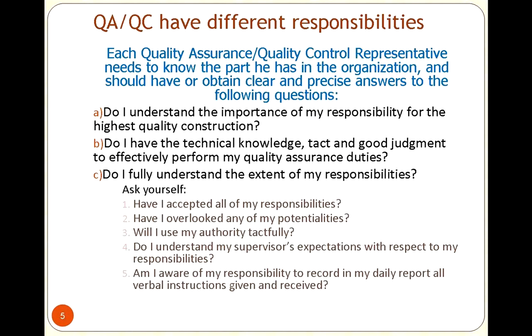Sometimes you need to make sure that you're communicating in the right way, you're not ruffling any feathers you don't need to ruffle, and then making sure that you can make a good judgment call if needed to make sure that you're getting a good quality project out of your contractors. And making sure that nothing's falling through the cracks, especially if someone has a supervisor.